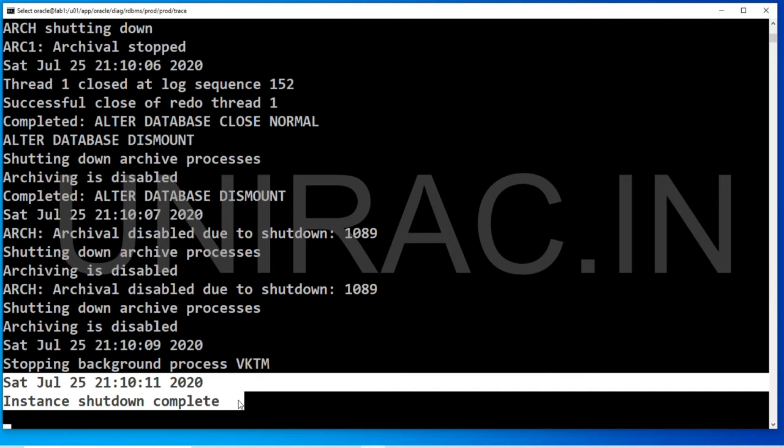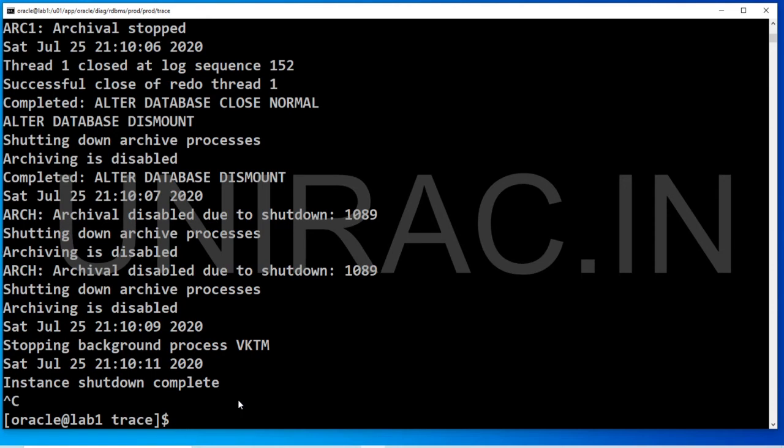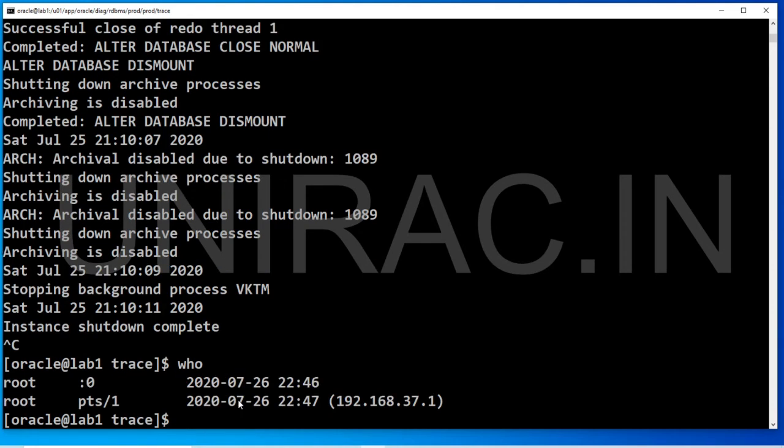Sometimes the log writer may terminate your instance, or a maintenance may bring your instance down gracefully. It's not that it shut down on its own. You cannot bring the instance up immediately when you find the instance down. You need to verify: is there any maintenance running? Is someone performing maintenance on this machine? You can even verify who is there on the system.